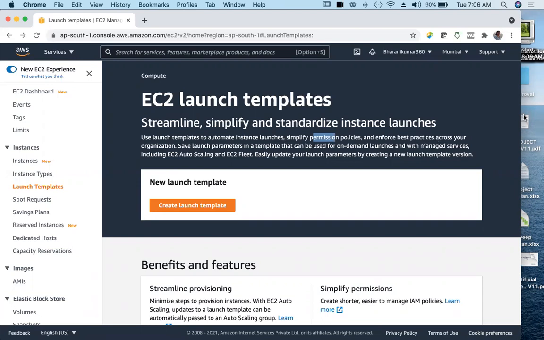And when you are launching an instance automatically, obviously you have to configure the details for the very first time, such as the instance type and other configuration of the instance, and this is the template used. Whereas a launch configuration is only for your auto scaling.